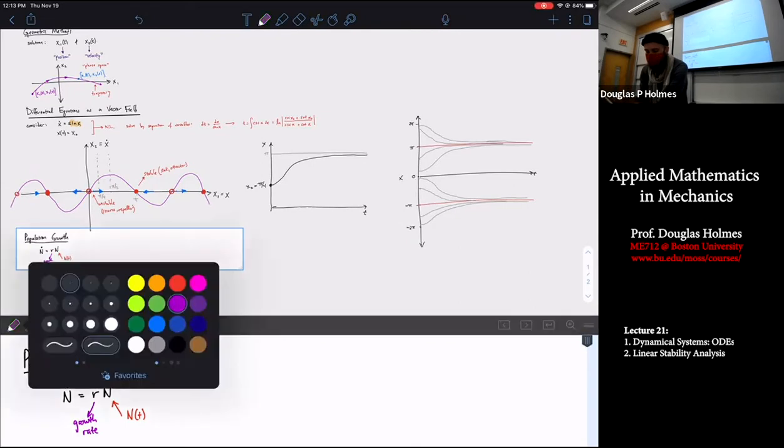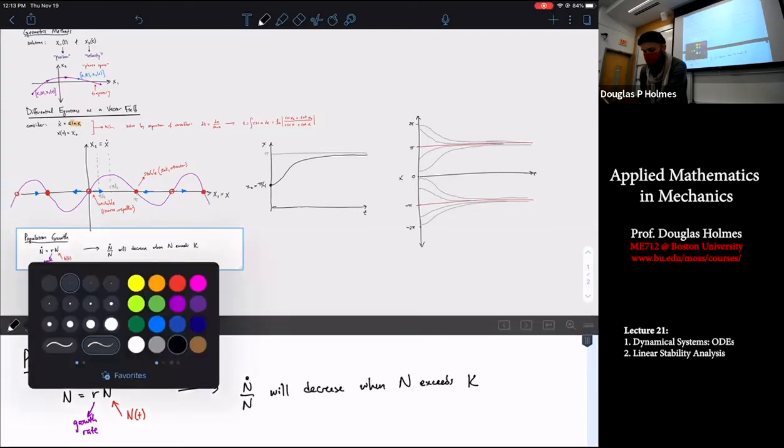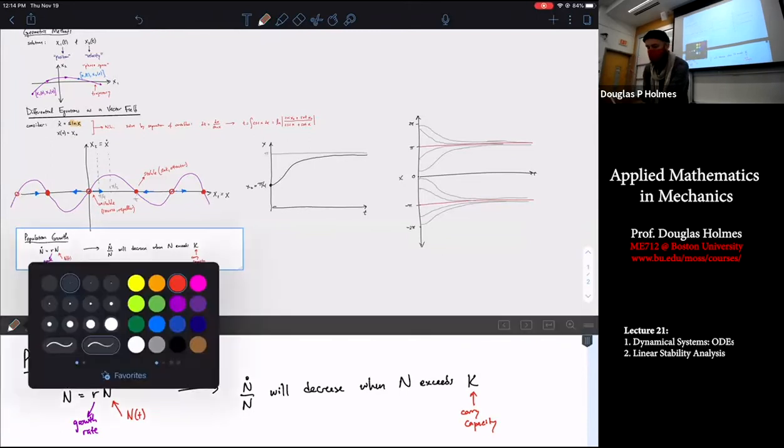And the idea is to add to this model the idea that the growth rate, which is n dot over n, will decrease when the number of organisms exceeds the carrying capacity. K is just a number, the maximum number that we can have. And the simplest way to add this kind of physics, if you will, or concept into our model is to